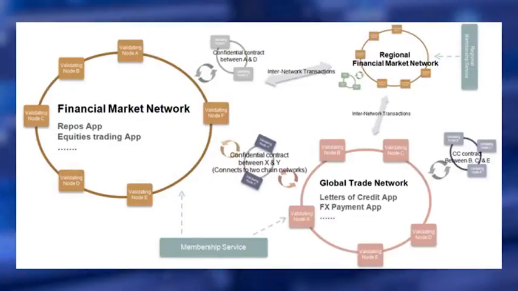You see multiple business blockchains, each with its own channel, with its validating nodes, membership services for identity, and membership management. Interactions between different independent business networks are enabled by confidential smart contracts. Transaction could be inside a single network or cross-network. We'll now examine the various components in detail.